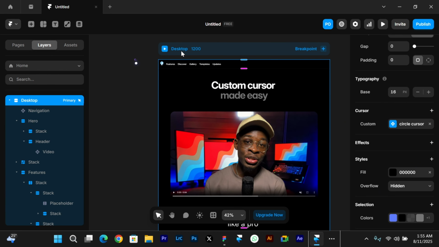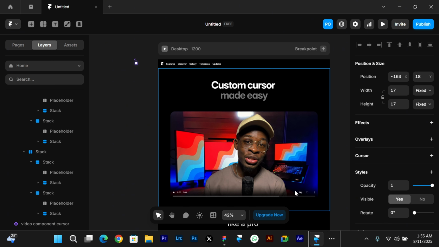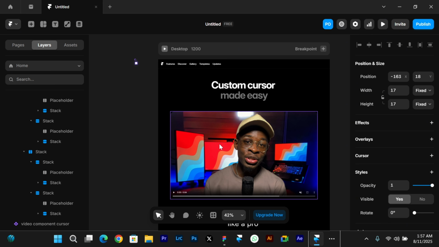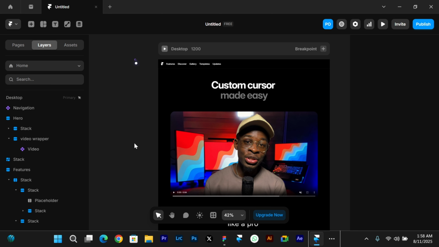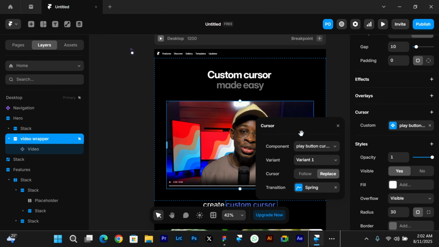So now we have created the overall cursor, which is a circle component. Moving to the second part is where I want to reference that play button component on our video field. So whenever we hover over this video component, it's going to switch from that circle component to the play button. Let me show you how you can set that up. To do that, you simply select the frame that this video is wrapped in. The same process we followed in adding that circle component is what we are going to be using now. So head to the properties, create a cursor, custom cursor. By default, Framer already added the exact variant we wanted to reference, which was the play button cursor, and that is all we have to do.